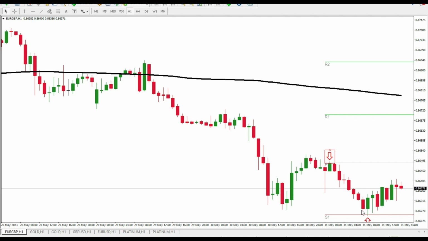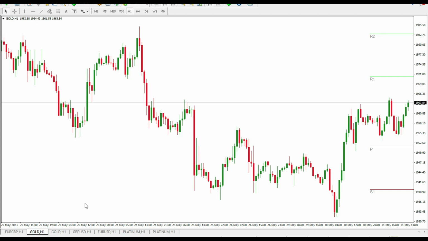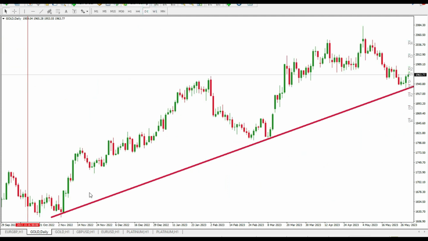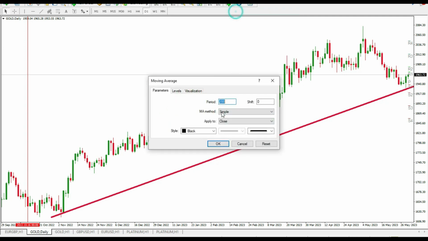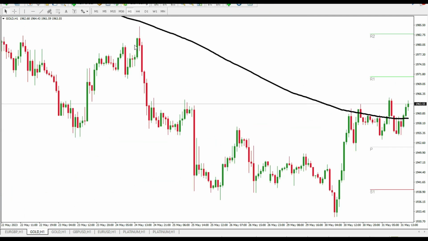The biggest disadvantage, I just watched the gold right now, is that sometimes after a bullish reversal, we can see, for example, here that we have a bullish trend. If we put the 200 like this, so we want to buy, sometimes we don't have a bearish move enough. Sometimes we don't touch a pivot level. Sometimes you don't touch the support level. The problem is, sometimes you will miss by a few pips to touch the pivot point,